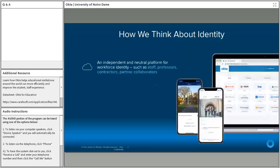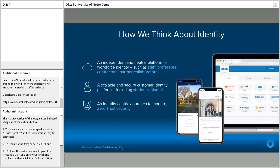When we think about identity, we think about it in a couple of different buckets. One, we think about this in terms of a platform for connecting that core user base of staff, professors, potentially those contractors that come into your organization, and partner collaborators. But also a secondary piece is extending that to what we refer to as customer identity, but for higher education institutions, that's really focused on students and the alumni populations. And for all of this, we wrap all of our identity work with this approach to modern zero trust